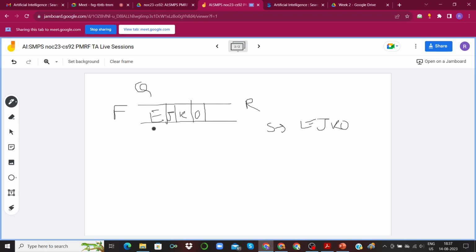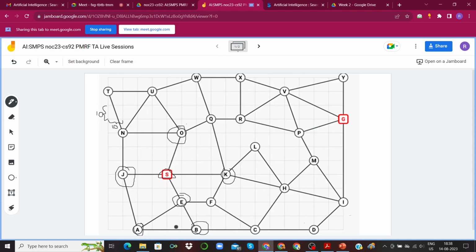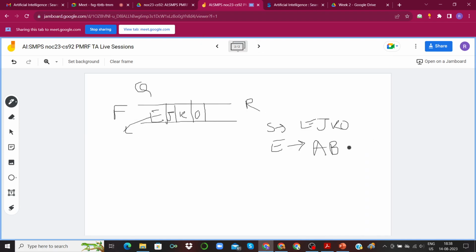So after this, the next node that will be inspected would be the one at the front of the queue, which is E. And when E is inspected, remember from E we could go to A, B, and F, and S as well. But S has already been inspected and it's a part of the closed list, right? So the nodes in the queue would be something like this.